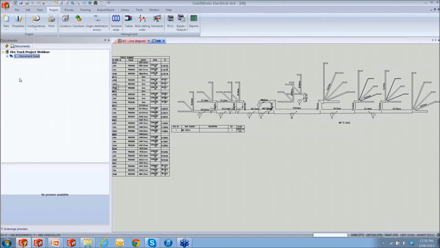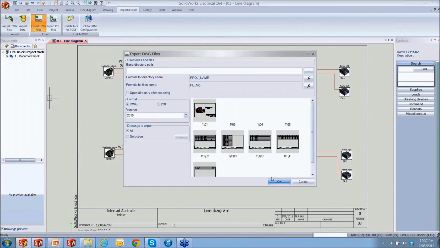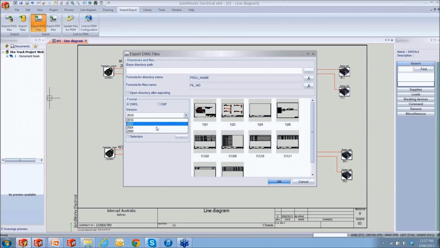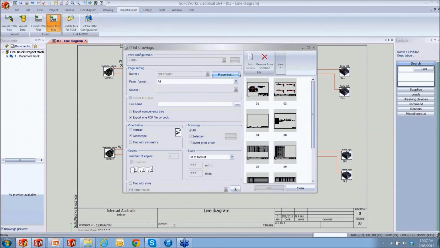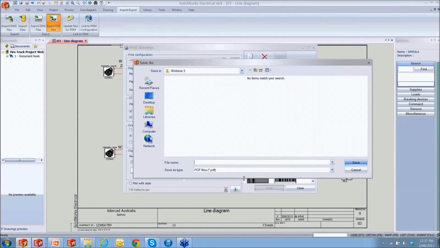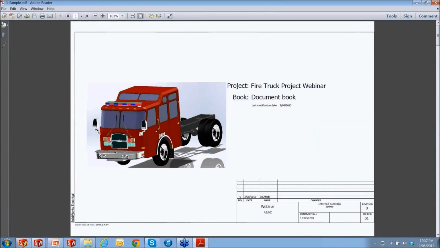Let's quickly just see how we will export the documents out of the SolidWorks Electrical package. So let me just close and use this package called import and export. The file formats we get out of this one are basically 3 file formats. I can export them as DWG, all these drawings, or DXF by choosing this one in the following versions of DXF and DWG. Or I can produce a PDF, simply by clicking PDF and export document tree, and I can just put my sample and print. Okay, so this PDF will also come with, let me just show you,